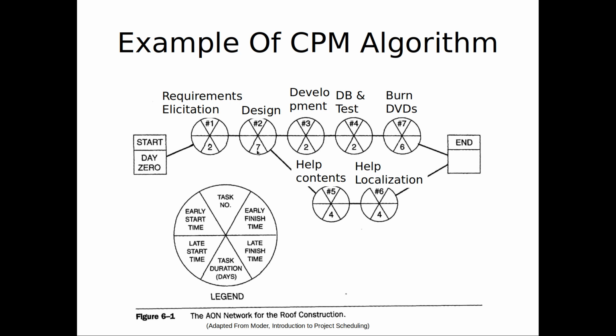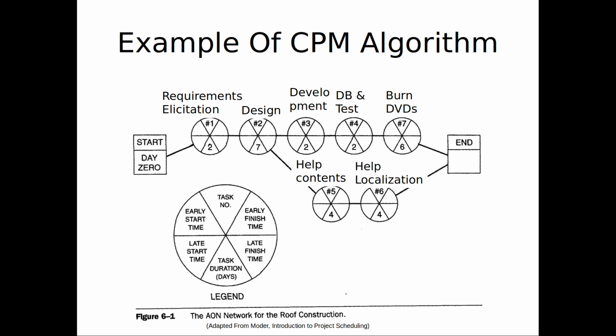So what I'm doing here is just copying it onto the board. This is task 2, and it's 7. Maybe you can read these out to me to speed the process. This is task 3, and what's the amount of time? 2, thank you. Then we've got a series of 2 more along this backbone. 4 is 2. So this is 4, and it's 2, and the next one? 7 and 6, good.